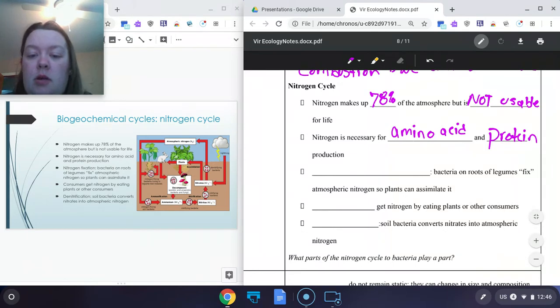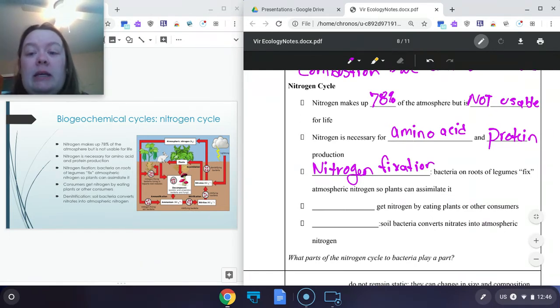So the main process in the nitrogen cycle is called nitrogen fixation. And this process is the one that takes all of the nitrogen in our atmosphere that we have around us that we can't use, and nitrogen fixation makes it usable for living things. So this happens when bacteria on the roots of plants fix the nitrogen and make it usable so that plants